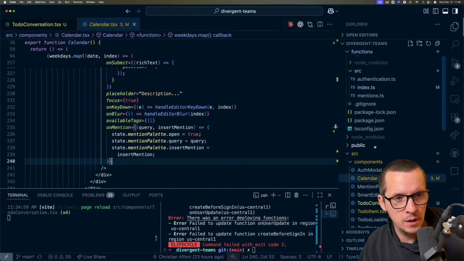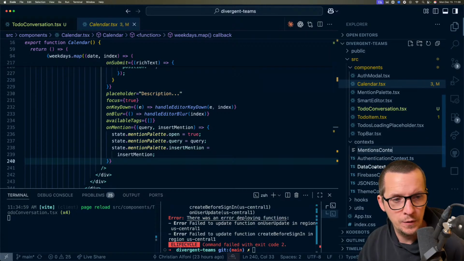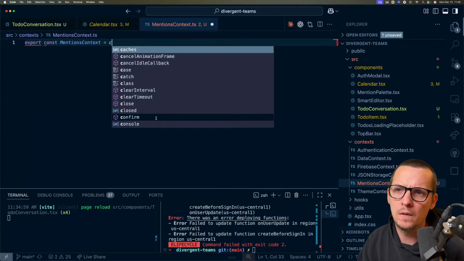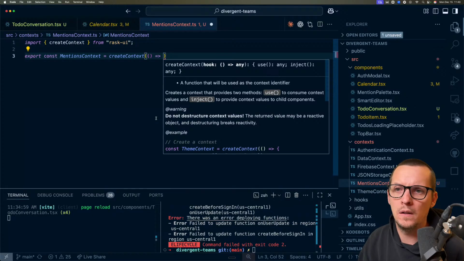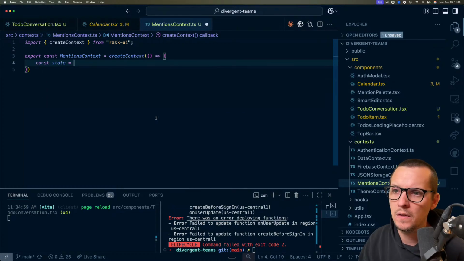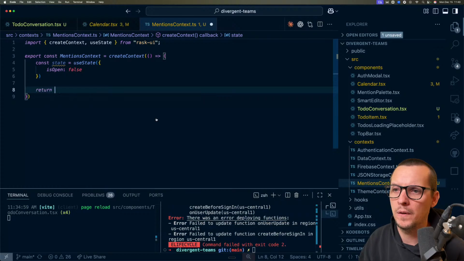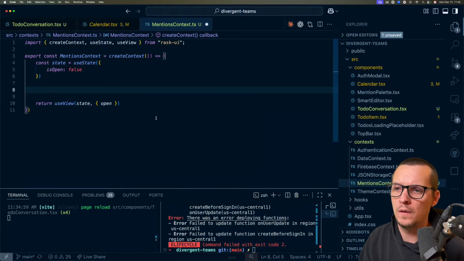And the reason we use a context for this is because we need to reach this state everywhere. Okay, you know what? I'm actually going to implement this. So we're going to have mentions context, and it's going to be a very simple context. Create context. It's basically going to be state, use state is open, false, and then we're going to use view state, and then we're going to add like open. Const open equals